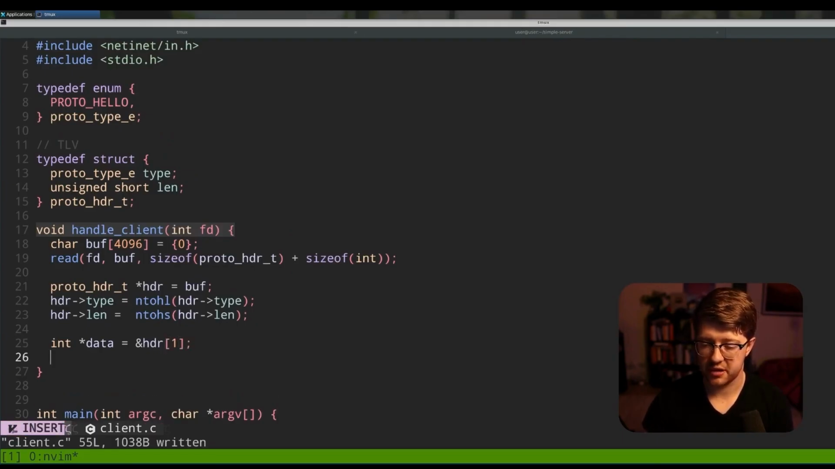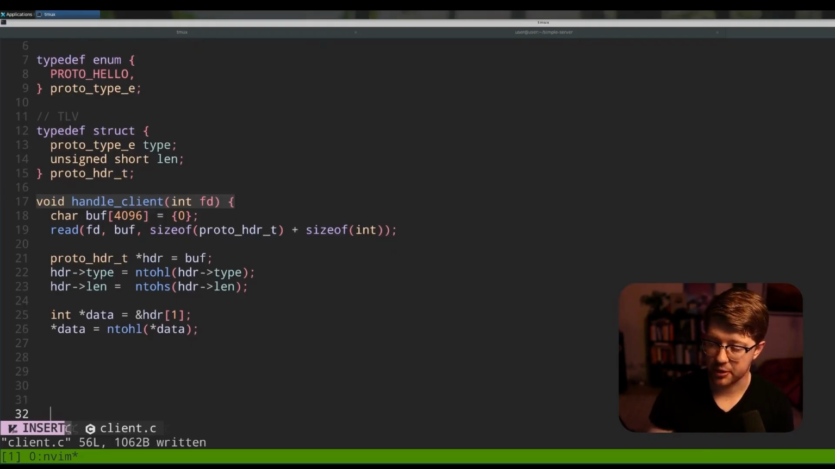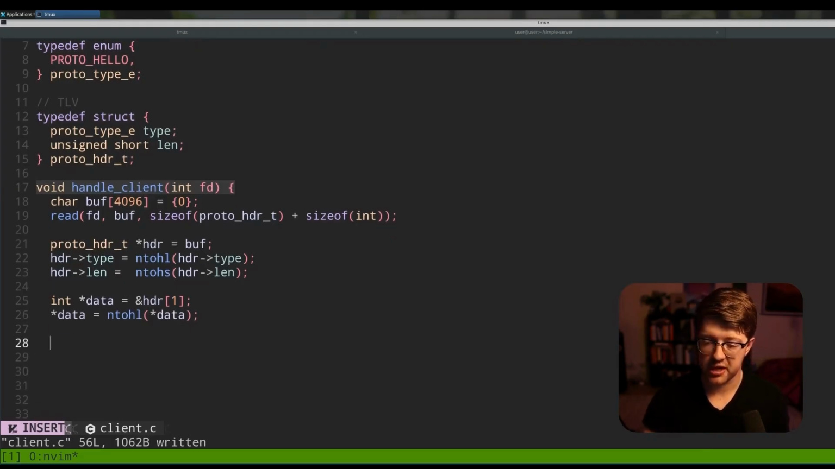Very good. And we'll say that the thing pointed to by data is equal to network to host len of the thing pointed to by data. Very good. And now once our packet is all unpacked and it's put into the proper endianness, we can do some checks. So we can say if